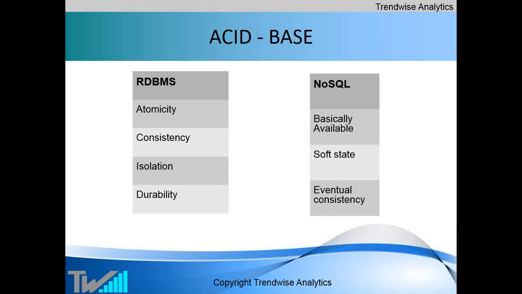The other is ACID and BASE. Many of you may be familiar with ACID, which is used in RDBMS and refers to having transactional consistency, if you will. So atomicity, consistency, isolation, and durability. ACID, that's the acronym. And they came up with a similar acronym for NoSQL. What it means is that it doesn't provide consistency always, but eventual consistency. So they call it basically available, soft state, eventual consistency.